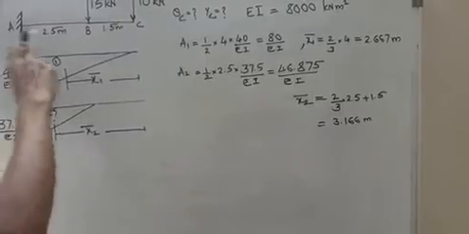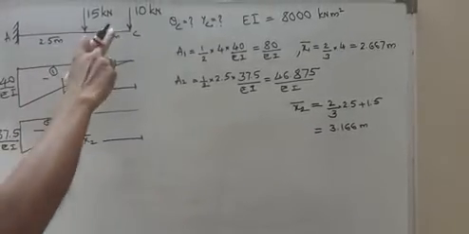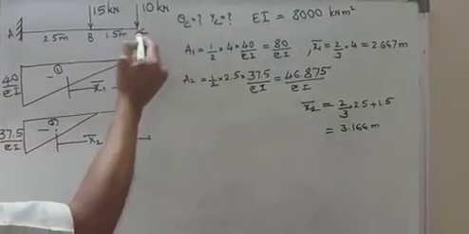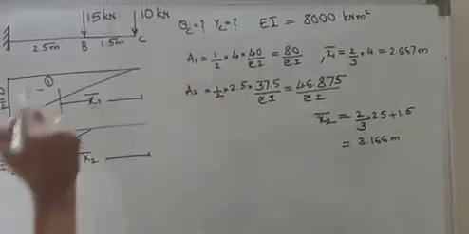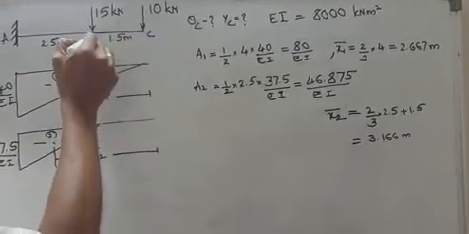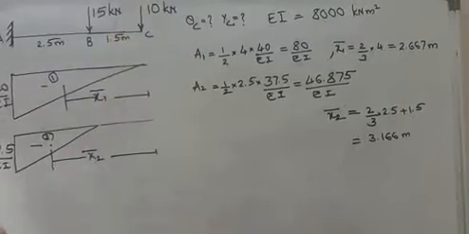So now let us consider one more problem here. Cantilever carrying 2-point loads. Here what is to be determined is slope at the free end as well as deflection at the free end. If you have called that free end as C, one load is acting at B and one load is acting at C.